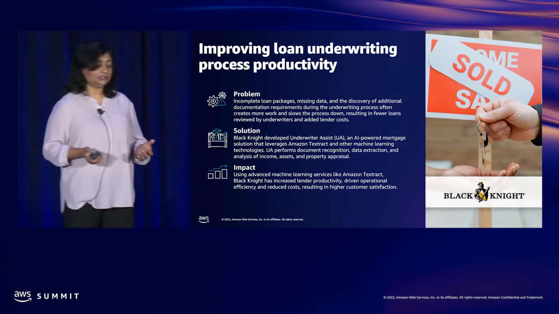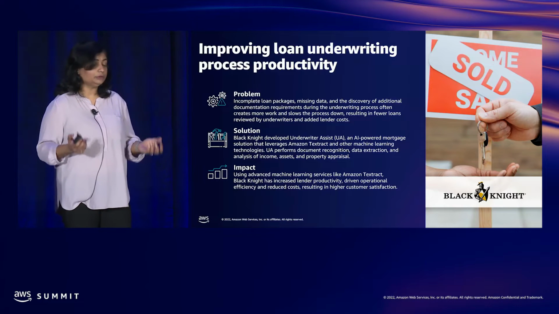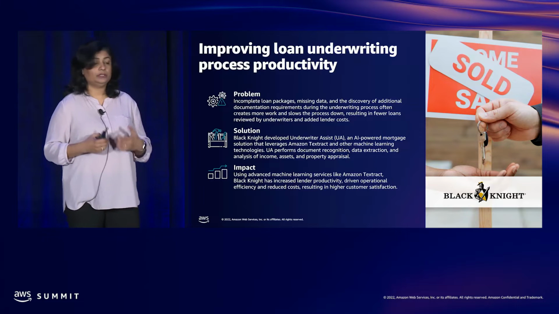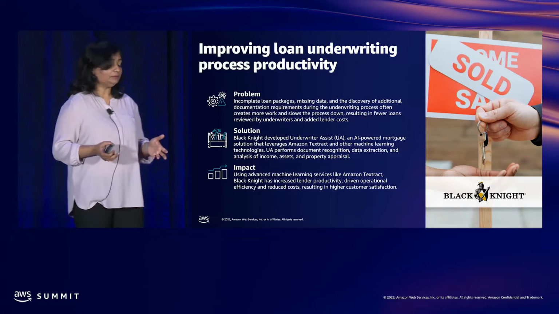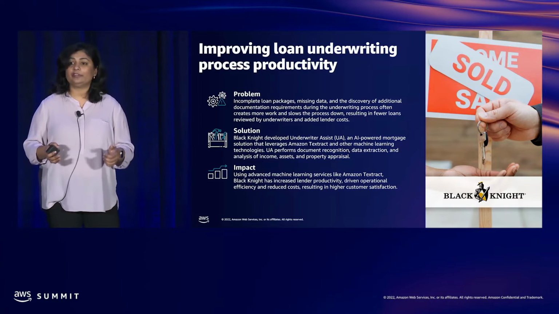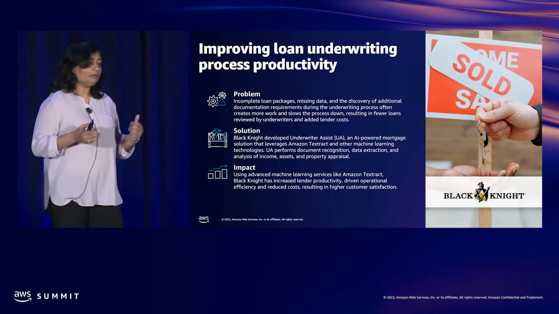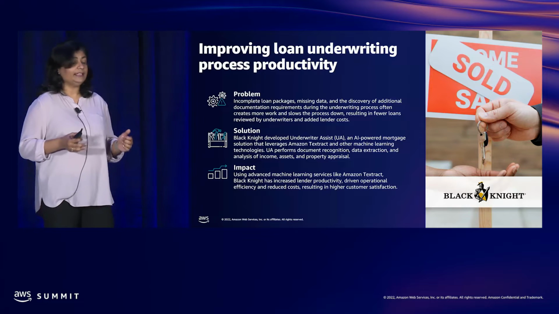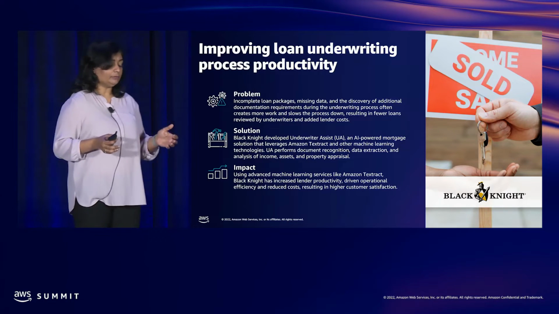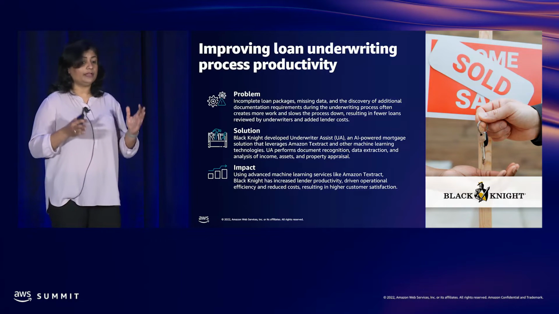This is the mortgage industry, Black Knight, one of the top mortgage solution providers. They provide mortgage application solutions to various top banks, and they came to us saying that COVID had hit, and they had seen an increased number of applications go up, and they were challenged on how to scale their business. And they decided to automate their system so that they can unblock the revenue opportunities that they were seeing. And what we did was, we looked at their loan processing workflow, and we looked at their documents,